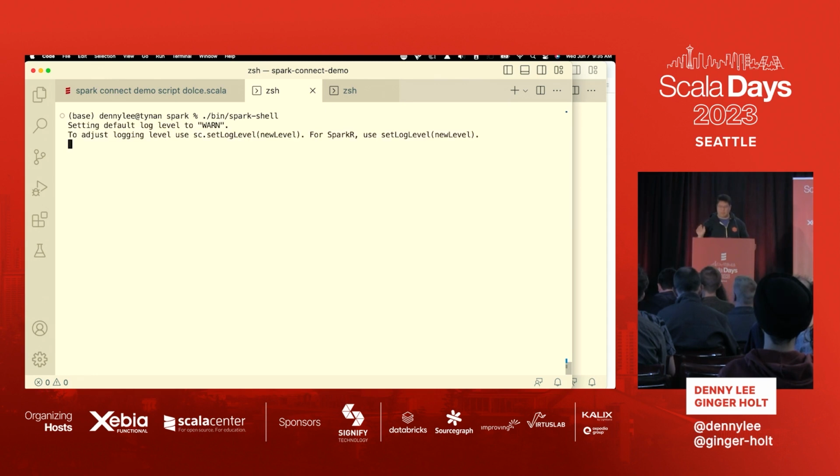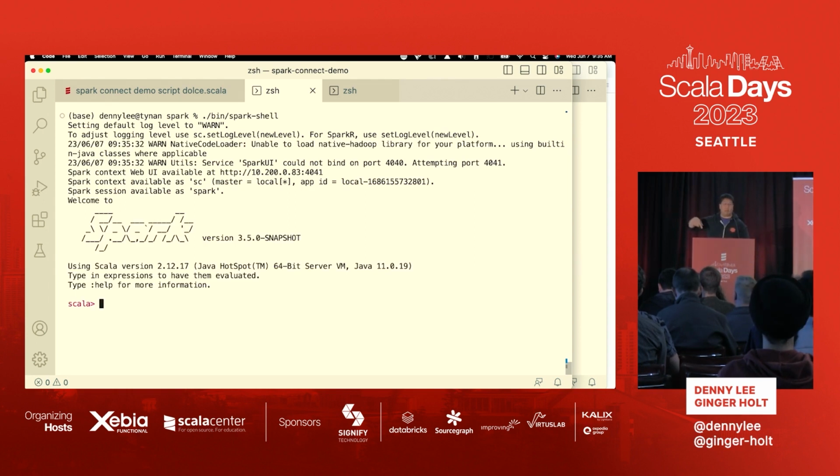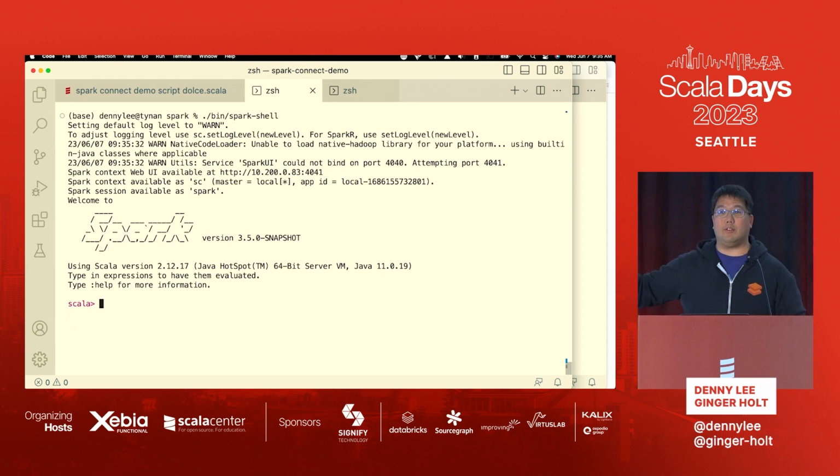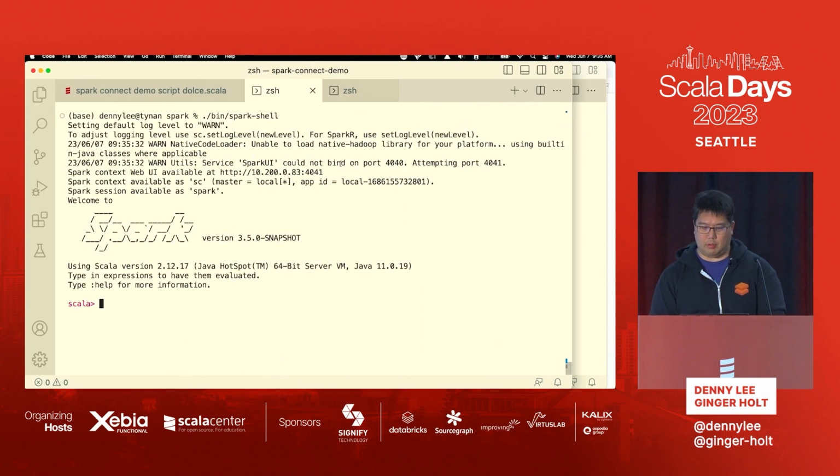I'm going to run that. Now, as it's running, it'll try to bind to 4040 on my local machine. This is all running locally first, okay? Because just in case this thing blew up, at least I had one demo working. But what it's doing is connecting to a new instance of Spark, not the Spark Connect instance of Spark. Oops, sorry.